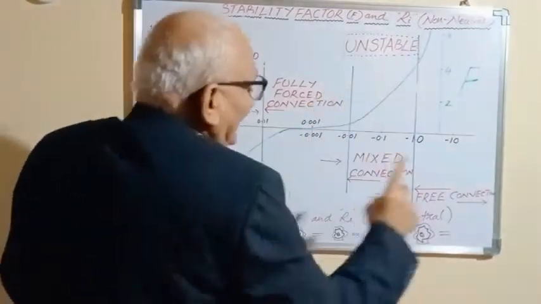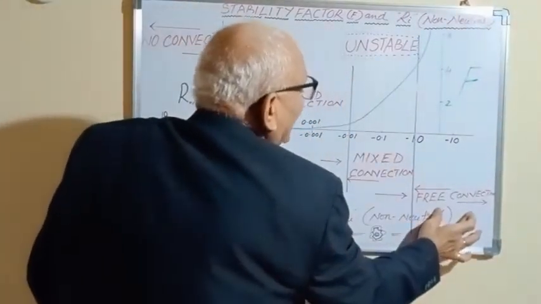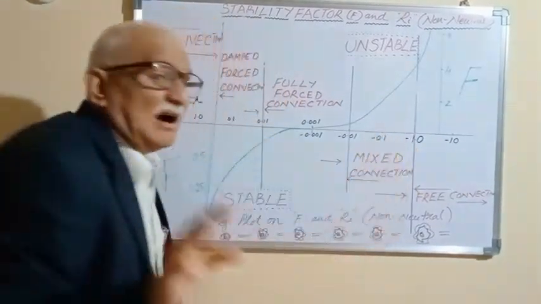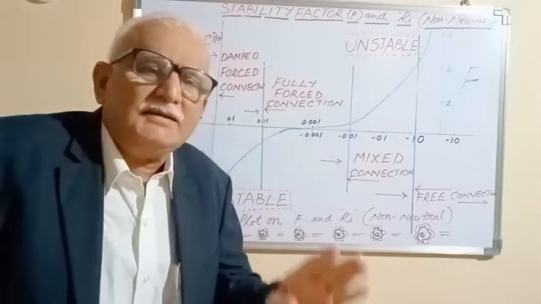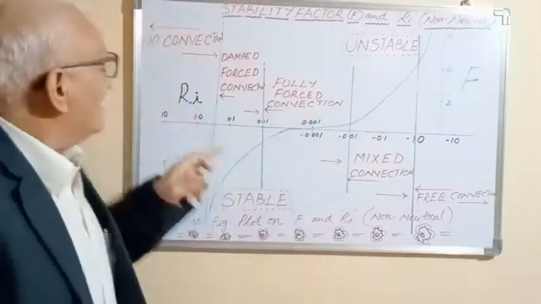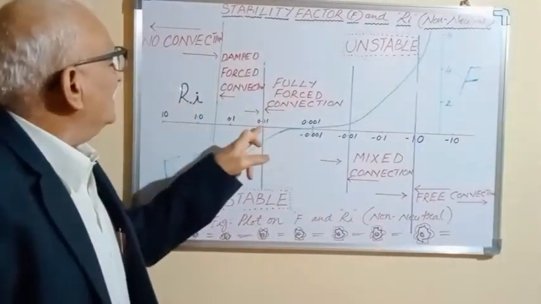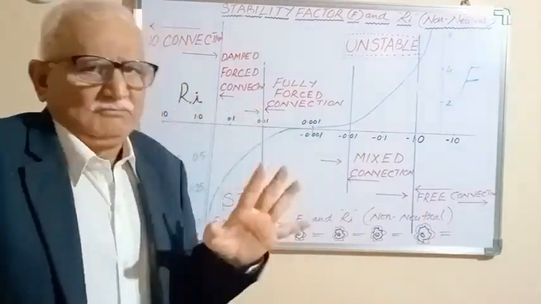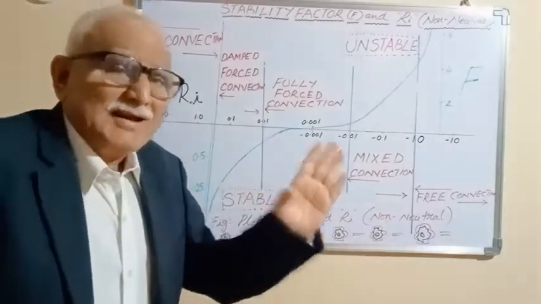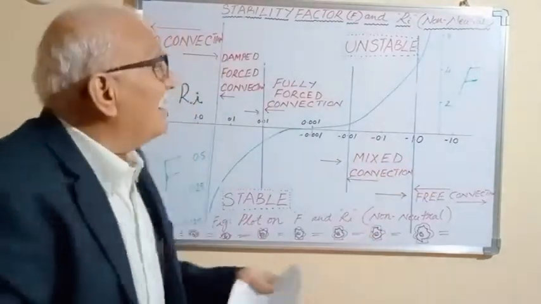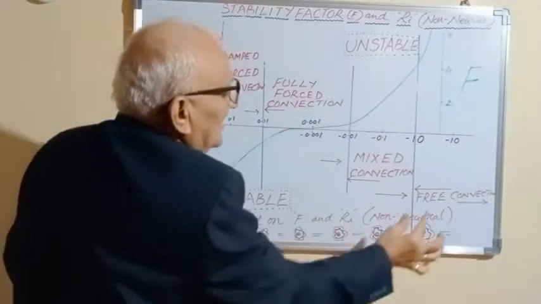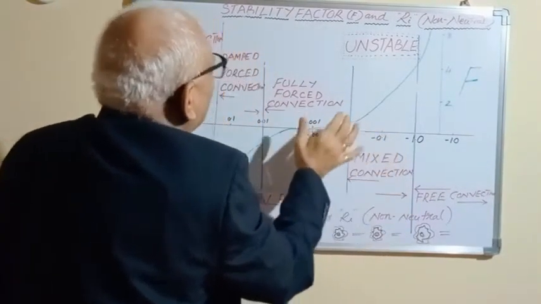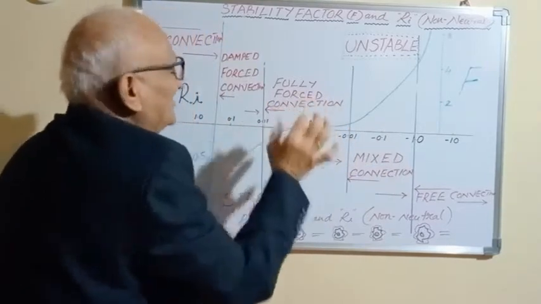Now, when there is free convection around minus 10 of Richardson number, which is unusual, most likely the Richardson number ranges between plus 10 to 0.1. Plus 10 to 0.1 is most common, that is the stable. Very unstable, minus 10. Now, under the unstable conditions, free convection, mixed convection goes on. Here, fully forced convection